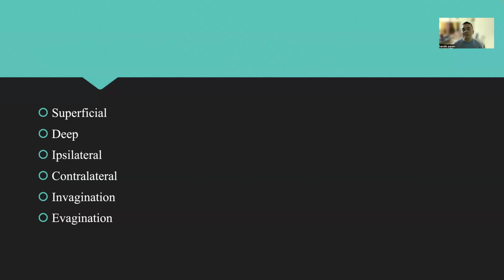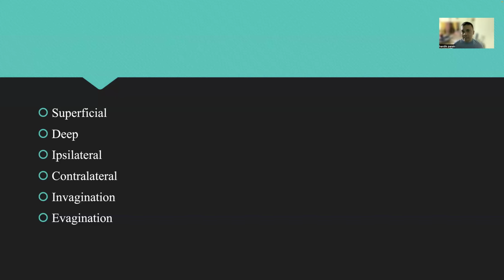Ipsilateral which is on the same side of the body. So if I'm talking about the right side of the trunk, right side of the trunk में कोई structure के बारे में मुझे बात करनी, या फिर मुझे face का right side, जैसे कि this is right side of my face, this is left side of my face. If I want to say that ipsilateral eye, मतलब कि if I'm talking about right side and then I'm using ipsilateral, मतलब कि right side के structure, same side के structure। उसी तरह contralateral, opposite side के structure। तो ipsilateral मतलब same side, contralateral मतलब opposite side।